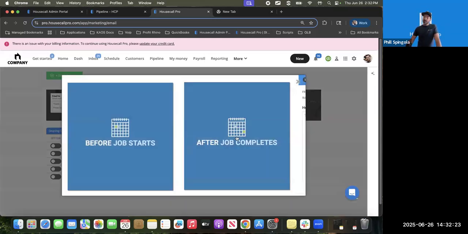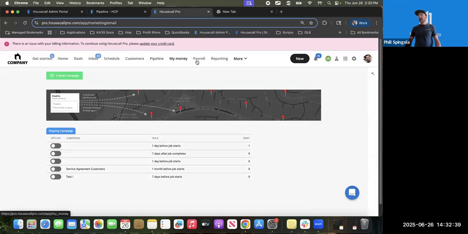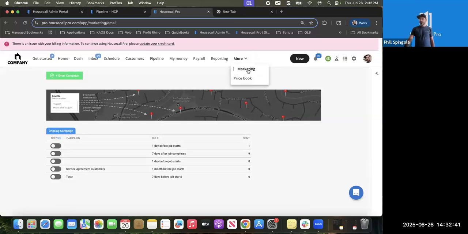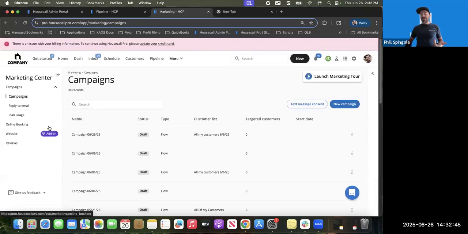But the biggest issue here, which is why we're moving more towards the advanced marketing, is as you can see here, it's very basic. You can't really put any pictures in there. You can't really make it look really nice. It's really just text. So that's why I strongly encourage people to utilize the advanced marketing, even within its limited capacity. Everybody does get